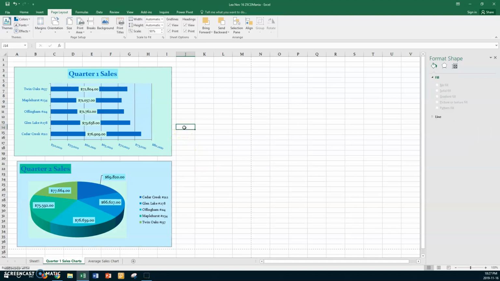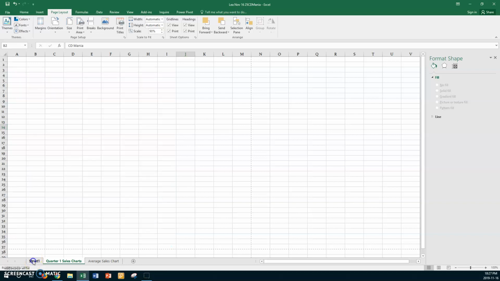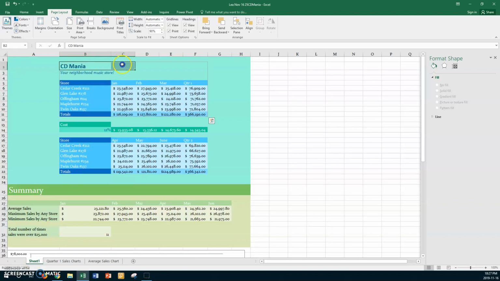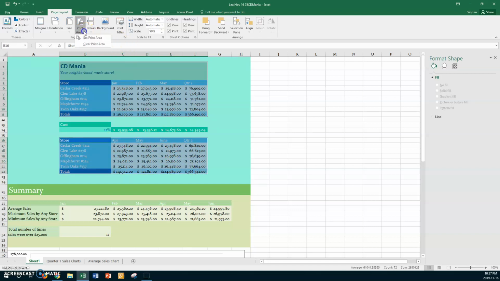Okay, click on your spreadsheet. That's the only piece I wanted to show you, the print area, to make sure that you got that. So on sheet 1, you select the area that you want to keep. Now we could take 2 areas. If I use the Control key, I could do 2 areas, and then I could say set print area. Now if I go to File Print,